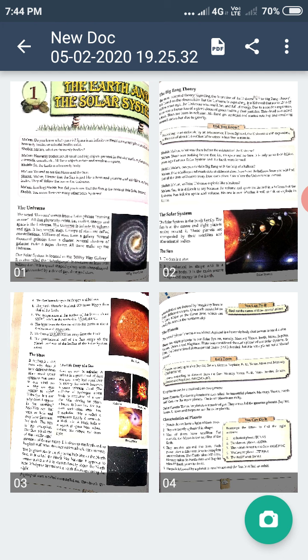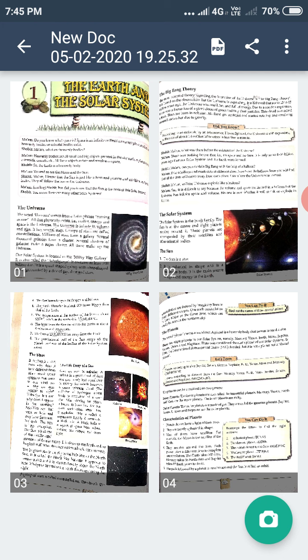Now let us know about the sun. Sun is a star. It is spherical in shape and is a luminous body. Luminous means which has light. And earth also gets heat and light from the sun only. Sun is the main source of light and energy to the earth. It is made up of hydrogen and helium, and it is near about 109 times bigger than that of the earth.